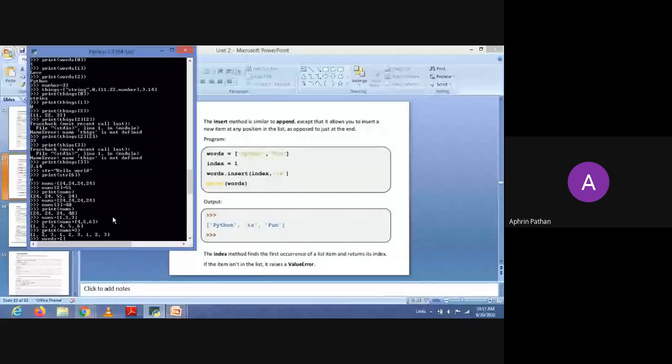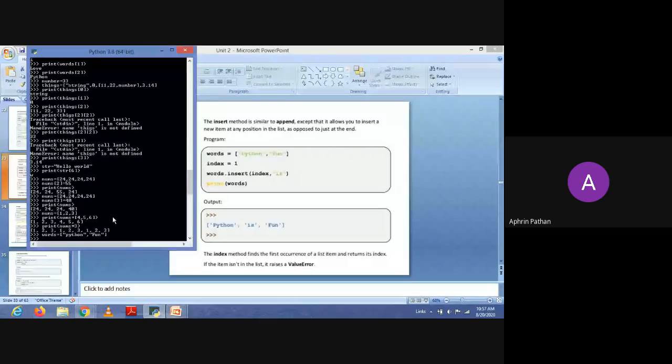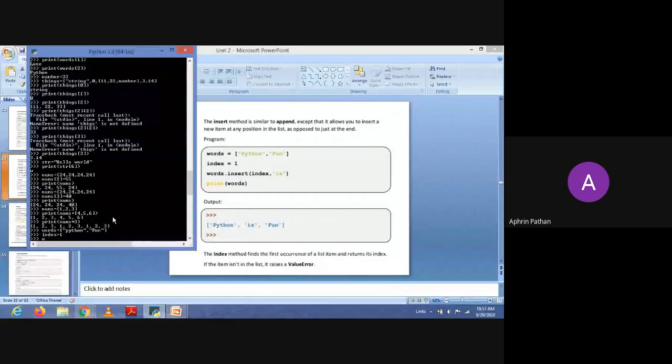Single code string. Okay, or instead of string use python. Okay, and then enter. Then index is equal to 1 and then words dot